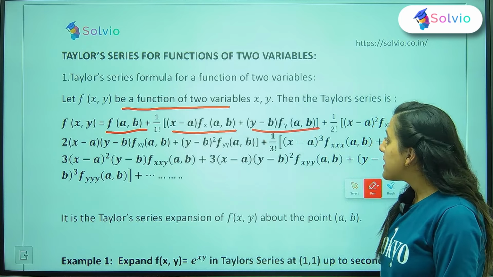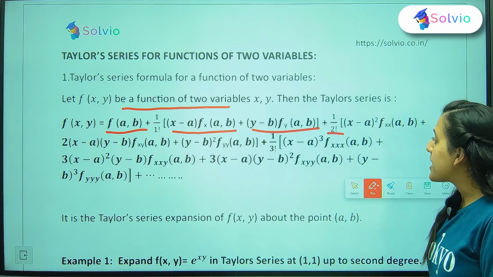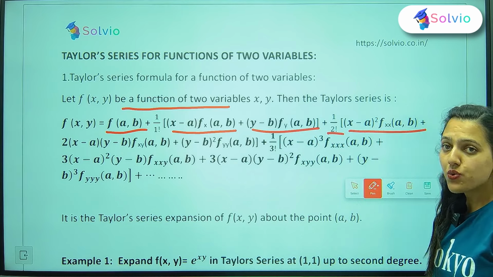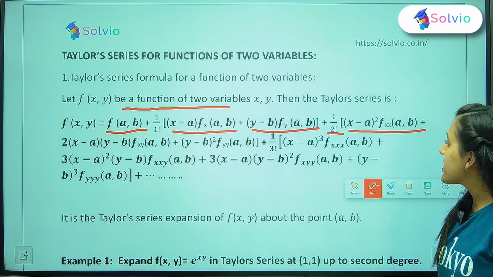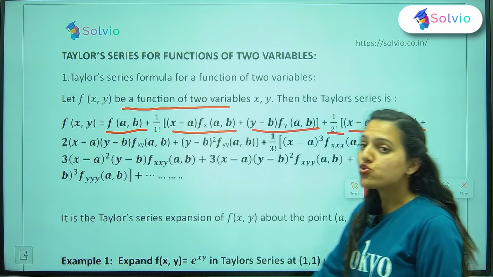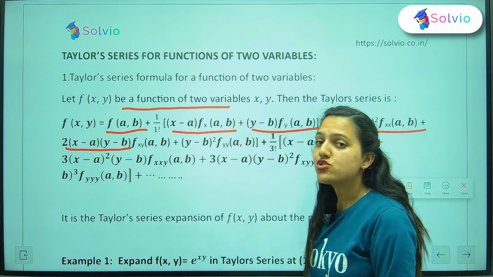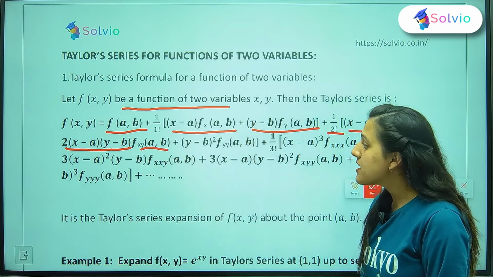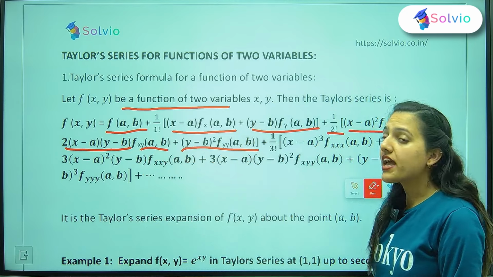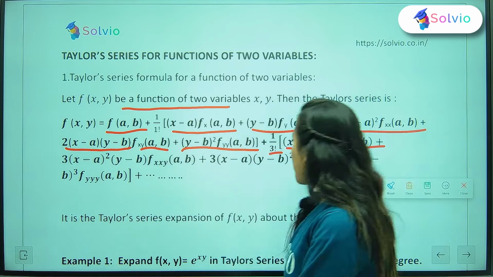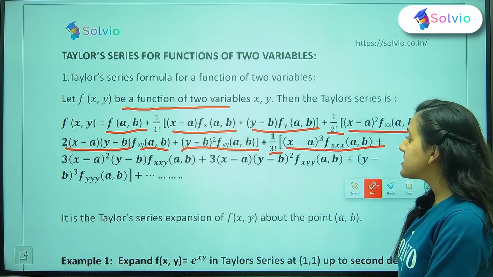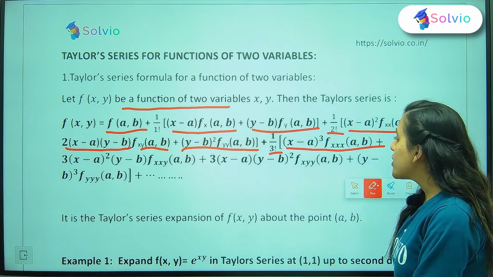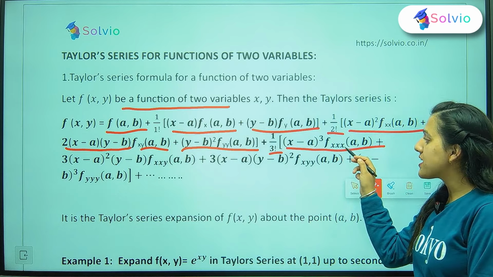plus 1/2! [(x − a)² fxx(a, b) + 2(x − a)(y − b) fxy(a, b) + (y − b)² fyy(a, b)] plus 1/3! [(x − a)³ fxxx(a, b)